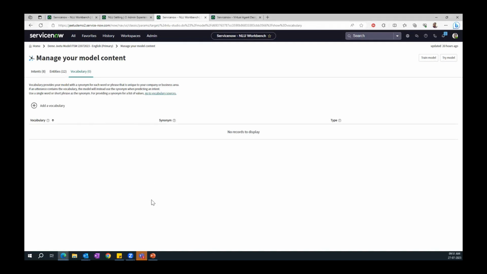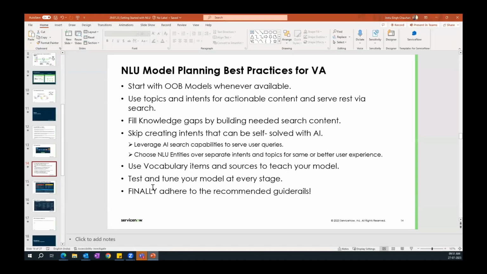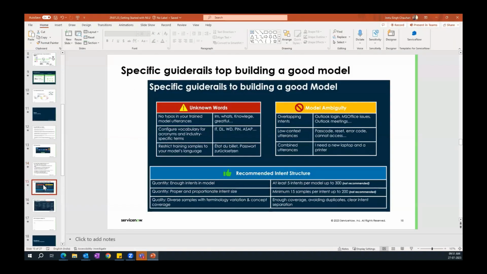So yeah, we're talking about the vocabulary. So you can use the vocabulary to give different synonyms to your words based on your industry, based on your use cases. So those are a couple of best practices. Quick on what are the different things you can do to make your model perform in a better way. You can avoid unknown words in your utterances. So words like "I'm" is not a correct word here.